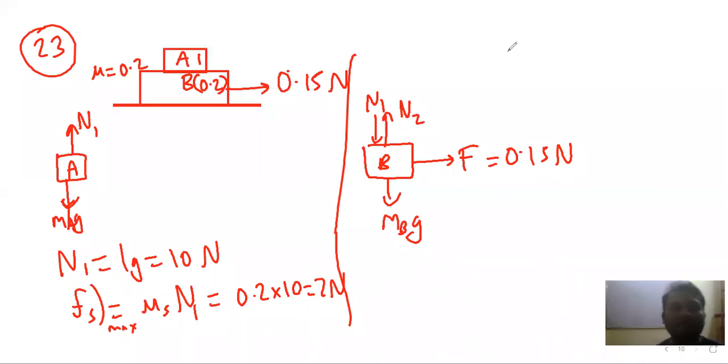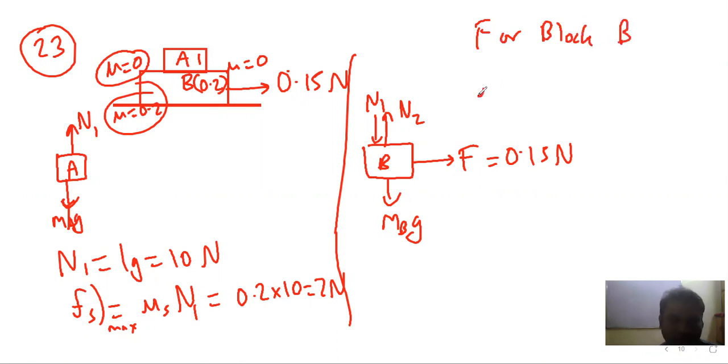But in the given question, we are told A is resting on a smooth surface. So we can take friction here as 0. In that case, how will we solve this question? We'll consider mu as 0.2 for this side. Here mu is 0, as A is resting on a smooth surface. So mu is 0 here and 0.2 between B and ground. So in that case, we can say for block B,